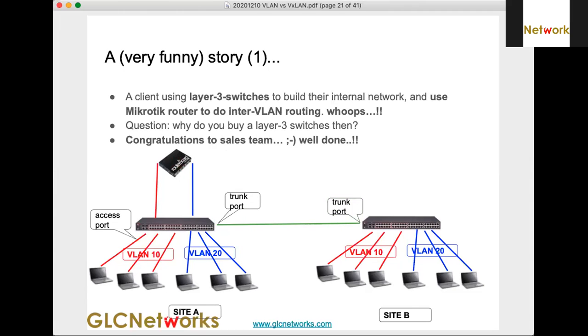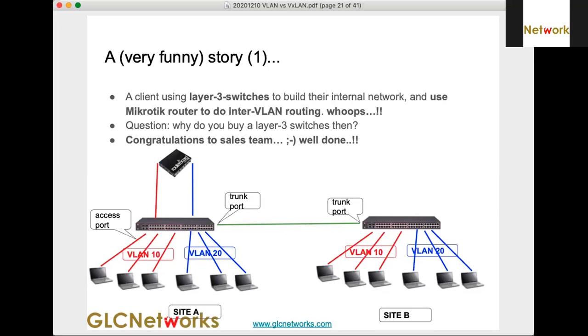This is just a funny story about the VLAN. The sales guy, it's not MikroTik to be honest, was proposing a layer 3 switch. Actually, it's not my client, it's just a story I got from an organization.